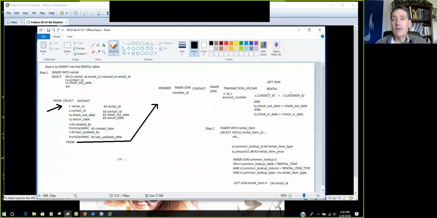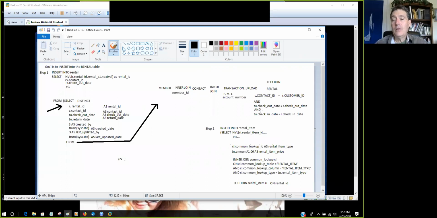But we join on foreign keys to primary keys. So in the rental table, we have the customer ID, which maps to the contact ID, the foreign key to the contact ID in the contact table. So c.contact_id equals r.customer_id,